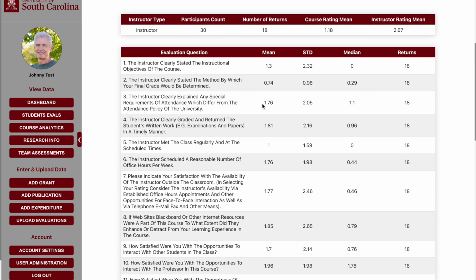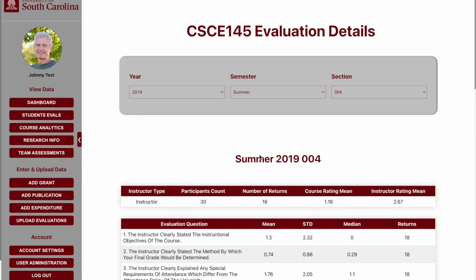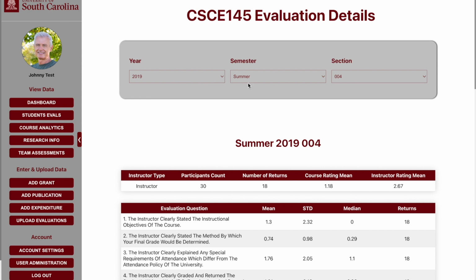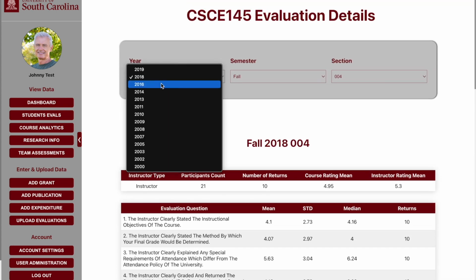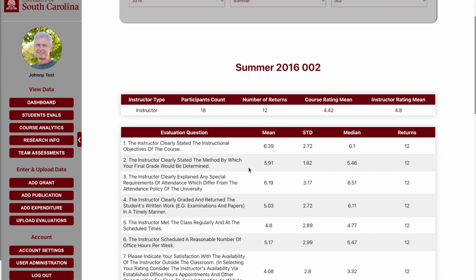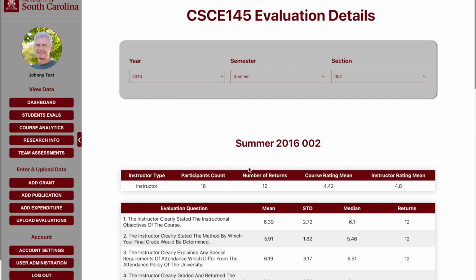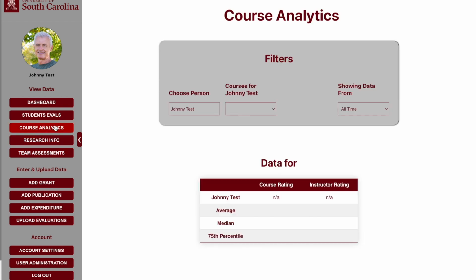So you can see here for this course he's getting some pretty bad ratings in the year 2019 in this section. So he's going to look at some other sections to see how they look. So he was doing a little bit better last year and even better before that. So it looks like there's a kind of a decline in his performance that maybe Mr. Test will look into. All right, going back to course analytics,